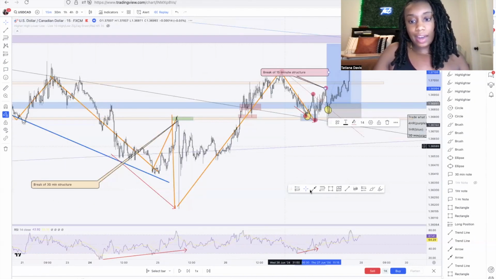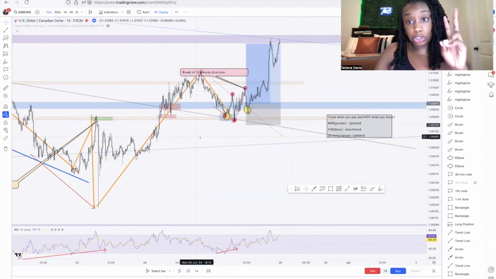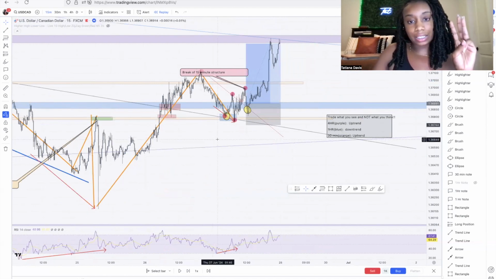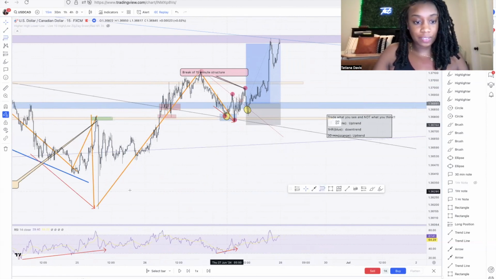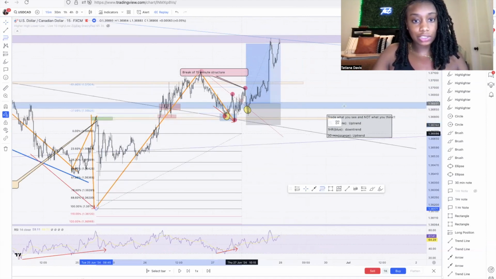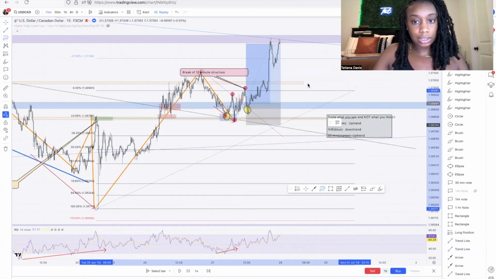So now that we have went over number 2, how I entered the market, now we're going to go over number 3, how I exited the market. So again, the way that I exit the market is based off of my fib levels. So if we take this fib and draw it to